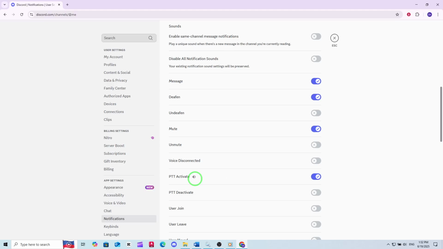This feature is especially helpful for gamers, streamers, or anyone who wants to be sure their mic is live at